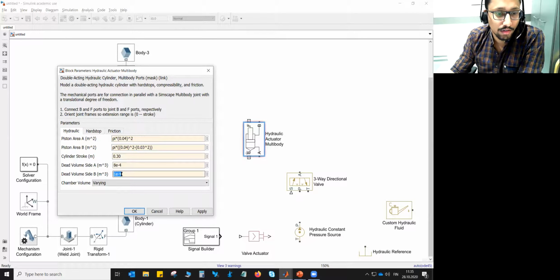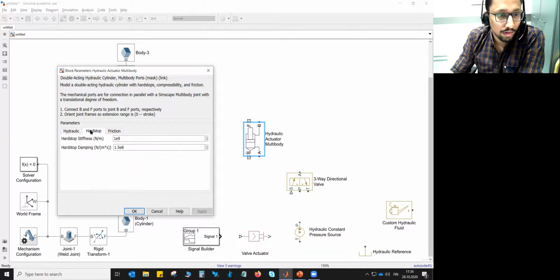Obviously, this will be very small because we are not using it, so that's fine. It does not make much of a difference here. And then chamber volume will be varying because it will be hydraulically actuated, and press apply. In the hard stop, you can change the damping to be 1500 Newton per meter second, whereas hard stop stiffness can be as it is, 1 into 10 to the power